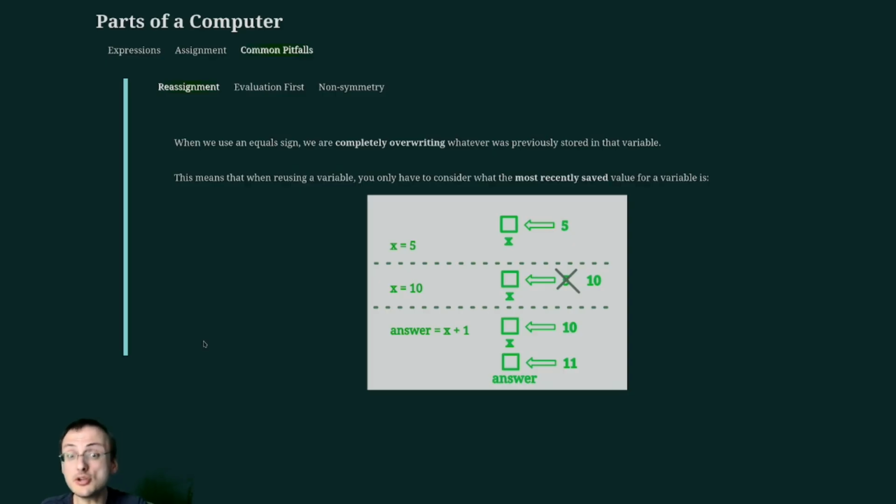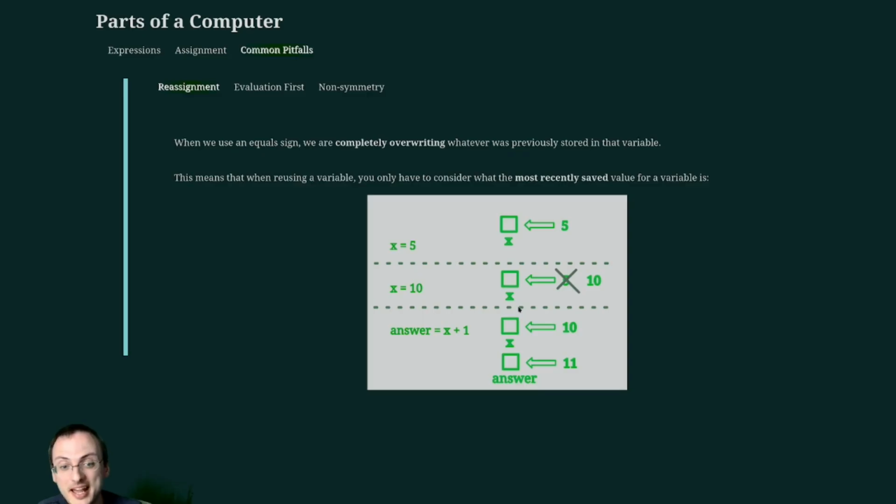We can reuse the same name in the future, but if we do that, whatever was there before is completely erased. So let's say on the first line of my program, I write x equals 5. Then that's going to make a box in our running memory called x, and it's going to put 5 in that box. If on the very next line of my program, I write x equals 10, I've still only got